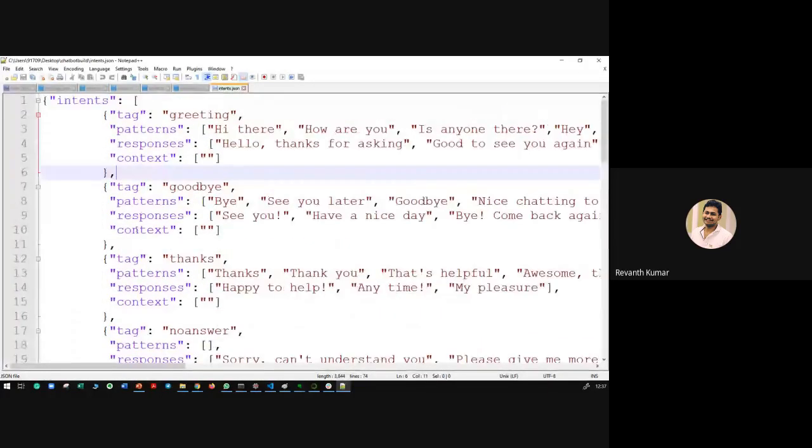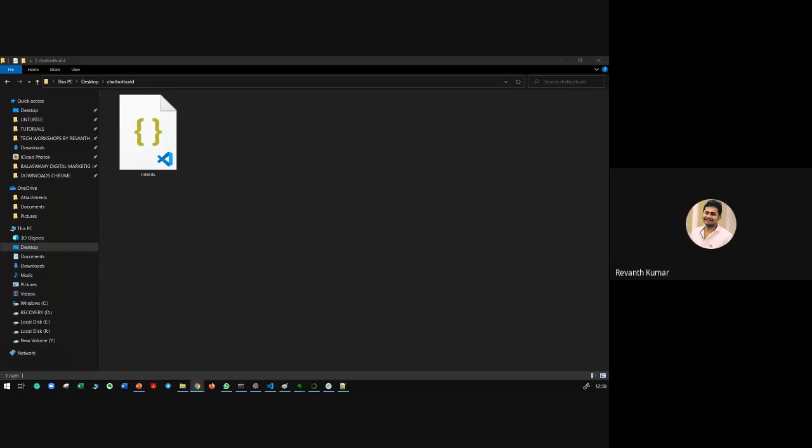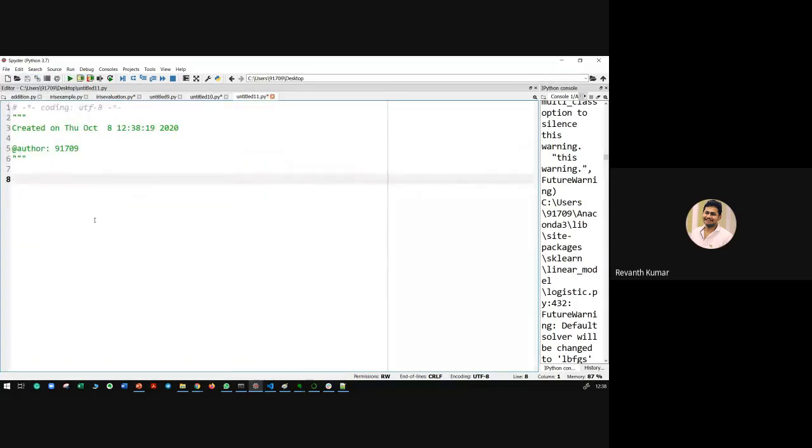These are all the values that are here, and now we need to take this JSON file. Where is the JSON file now? It is in the chatbot build. This is where we are going to build our project. Now let us implement the programming. Go to the Spyder code. Create a new Python file,